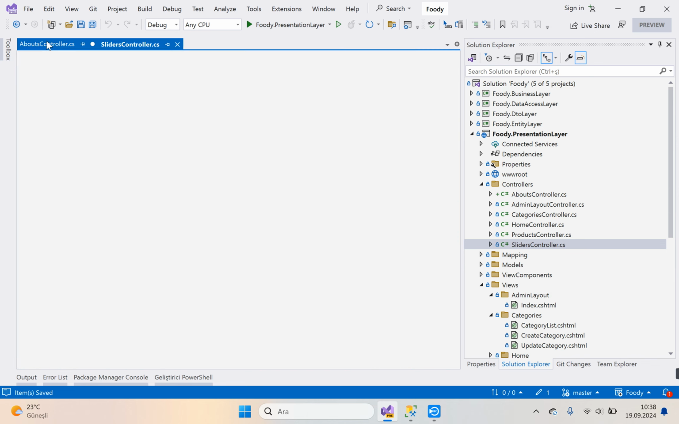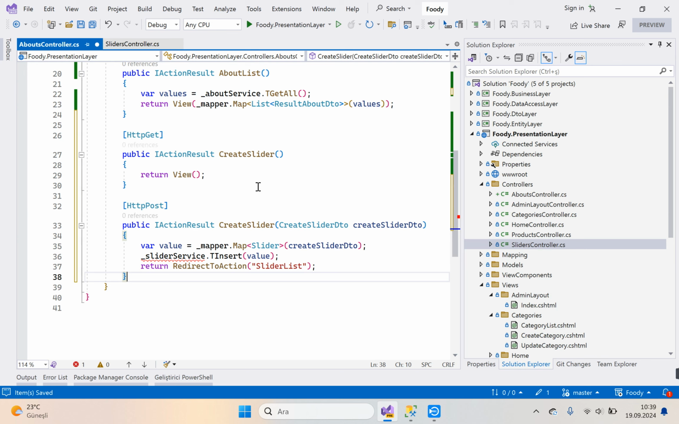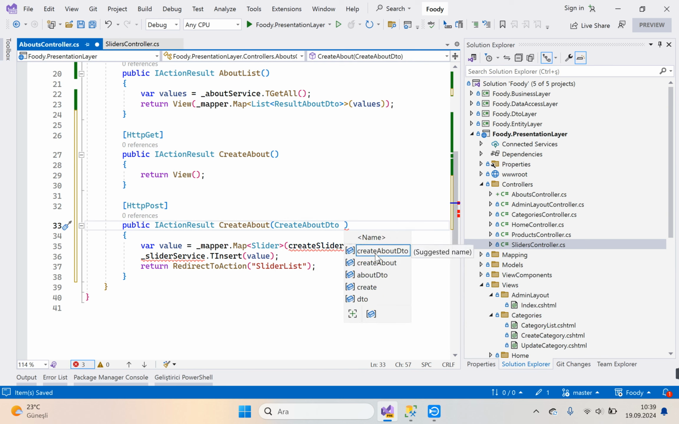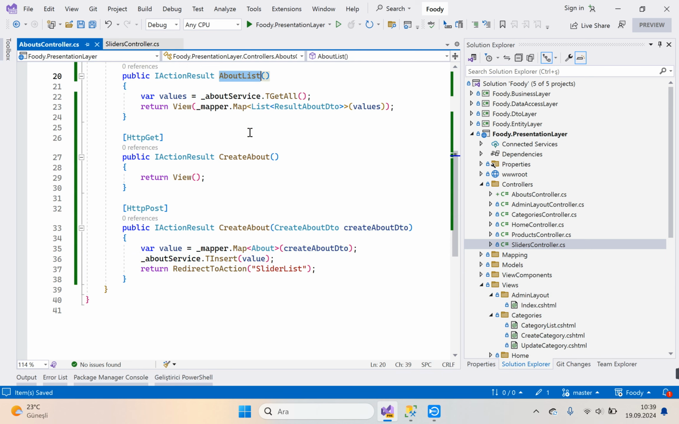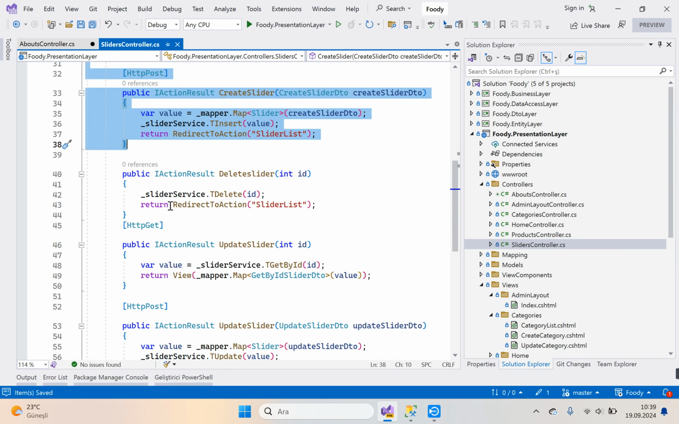We can copy this here and paste create about, and same name, create about DTO for parameter, and Control space create about DTO var value _mapper dot map for about. Parameter name is create about DTO, _aboutService dot t insert with value, return redirect to action about list. Okay, good. And other is delete,